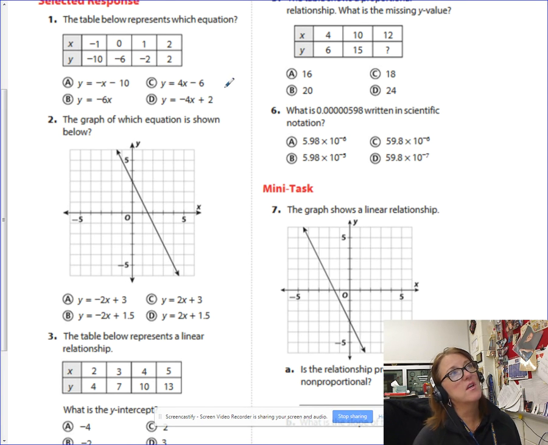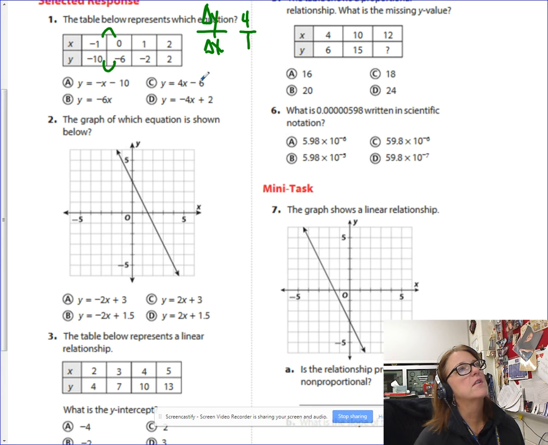Because I don't have the equation, you could start to graph it and see what it looks like and see if you can determine the slope and the y-intercept. You could find the slope between each of these. Going from -10 up to -6, my change in y is +4, and the change in x going from -1 to 0